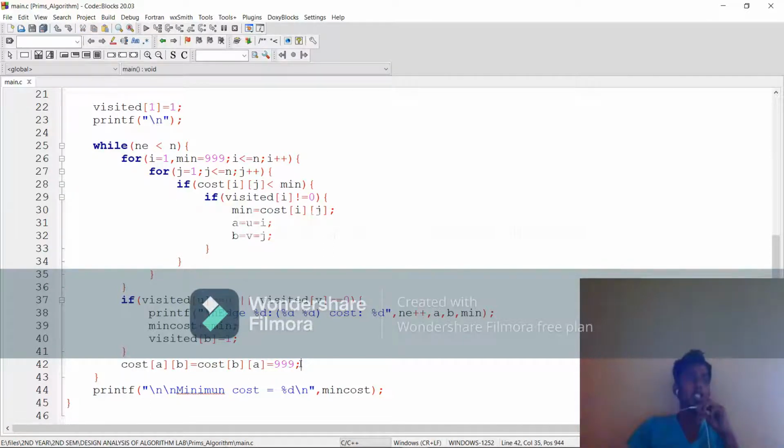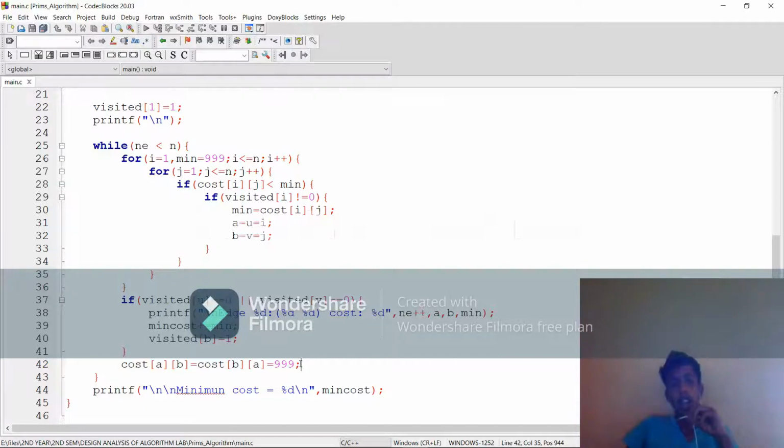If you consider the vertex, the edge 1 and 4 as the value, if it is added first, after that the while condition is going to be over. What will happen? The cost of 1 and 4 and 4 and 1 in that place will be marked as infinity.